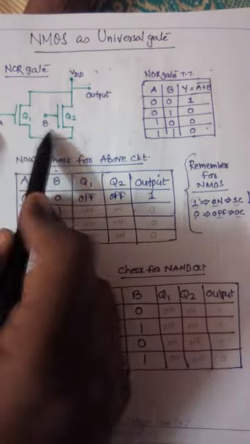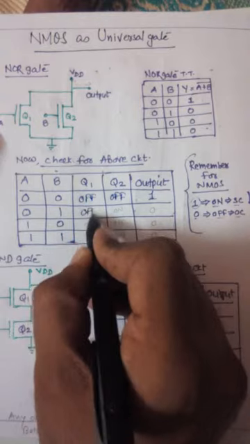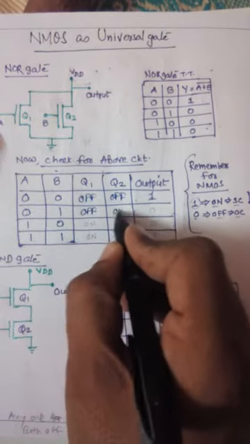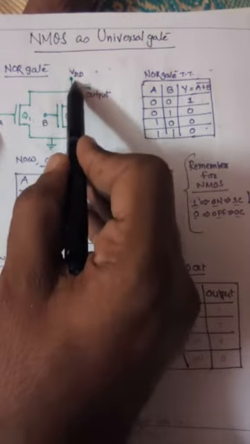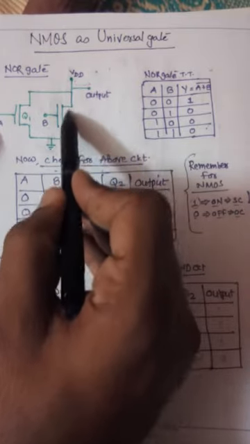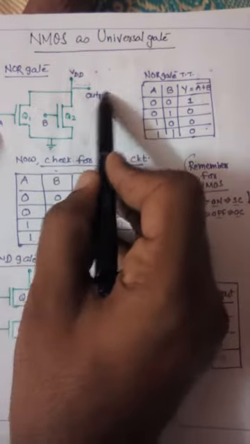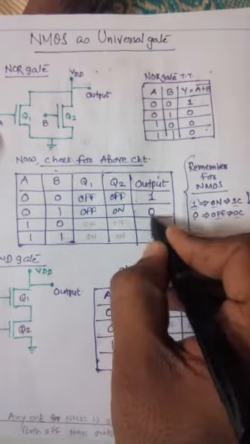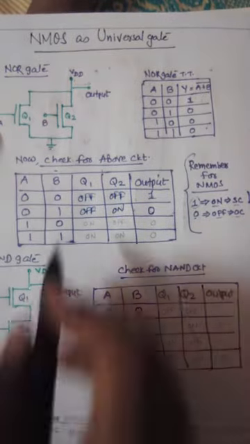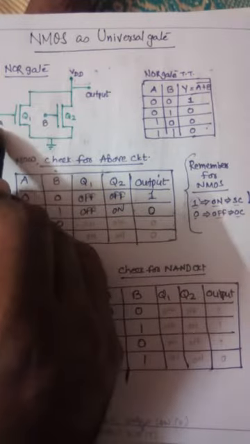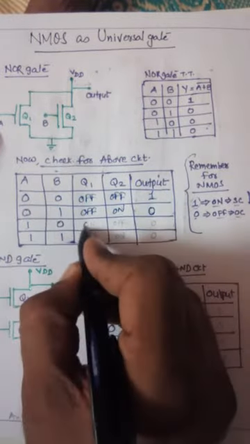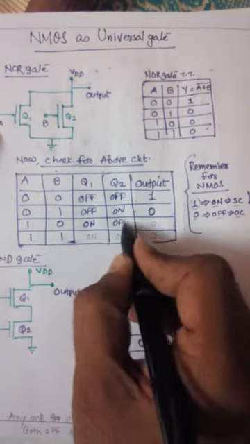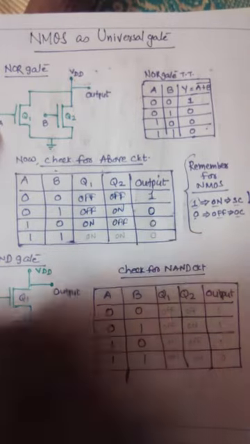It means low and high. Low means this NMOS is off and the other one is on. This is off and this is on. So from VDD to source, the path will be available through Q2, and current will flow this way. So the output is not available, that's why the output is 0. Now in reverse, here is the high and here is the low, the 1 0, this Q1 is on and at that time Q2 is off. In the same way as the previous condition, it's a 0.